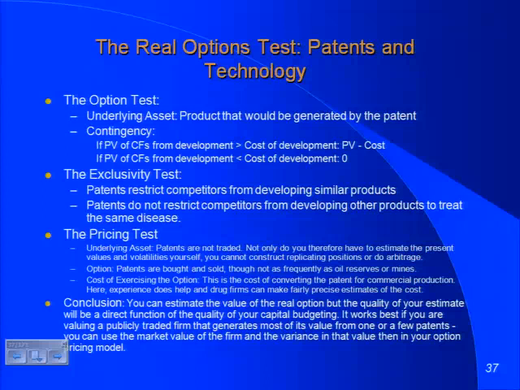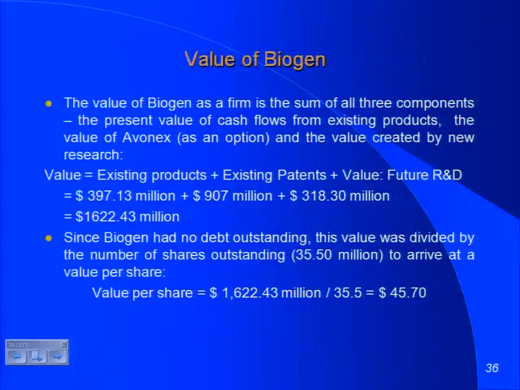Yes? Why did you use the pre-tax cost of debt for the existing product? Why did I use the pre-tax cost of debt as opposed to what? Cost of capital. Because the cost of capital reflects operating risk, right? These are fixed licenses. Let me change the question. Let's suppose that these licenses have been given to the government, and the government had guaranteed $50 million every year. Then what would you use? You'd use the risk-free rate, right?